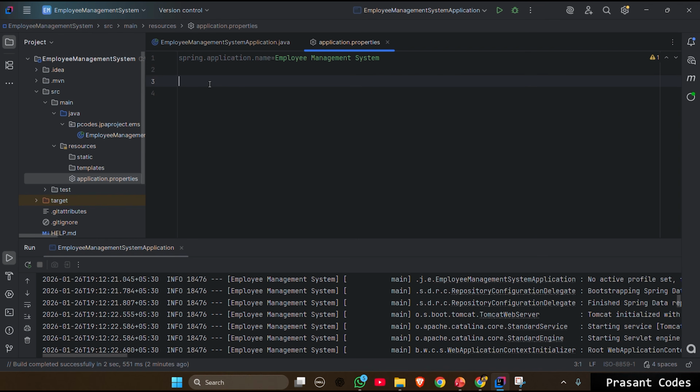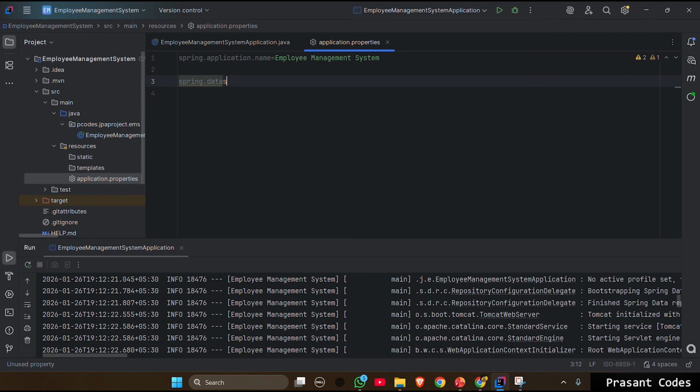At first we are going to set the data source configuration, that is our URL, root and password that we have given in JDBC. If you remember, for building the connection in JDBC we have to give 3 properties, that is the URL, username and password. And here also we have to give at least these 3 data. Now the first configuration is our database URL. So we are going to write